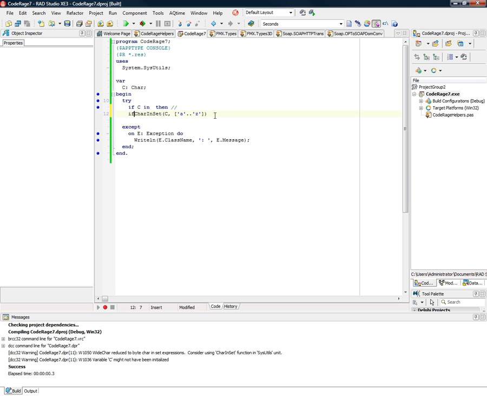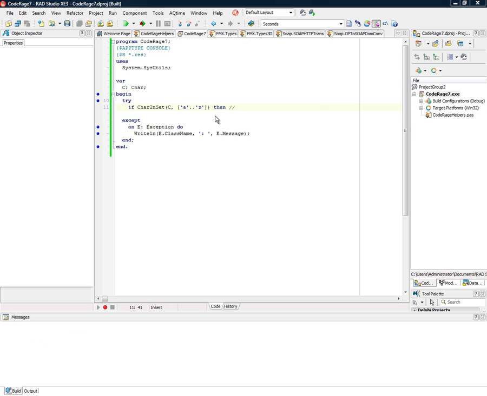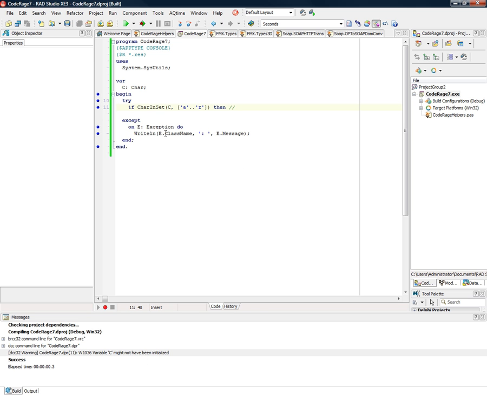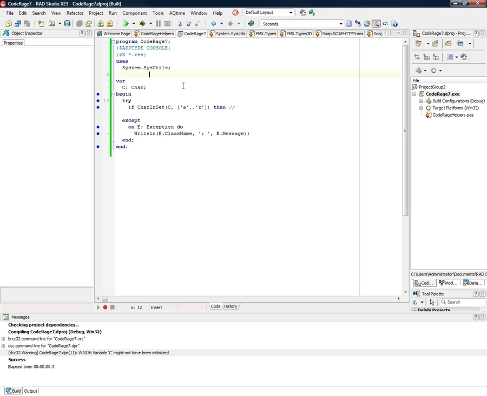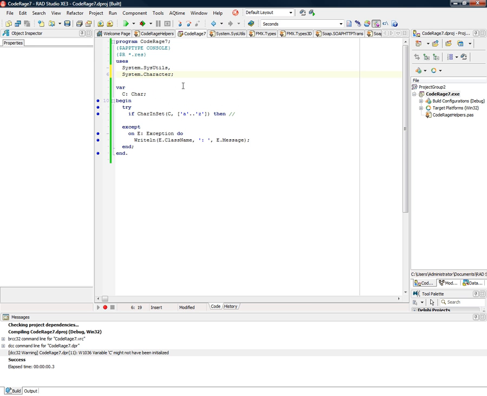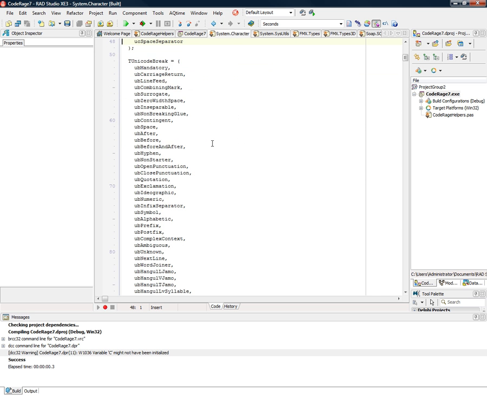Okay, so if this expression, then, and this no longer leads to a warning. Okay, C might not have been initialized, but the warning is gone. Now the CharInSet method comes from SysUtils and is actually using another class from the Character unit. So if we add the System.Character unit to the uses clause and inspect the TCharacter class,